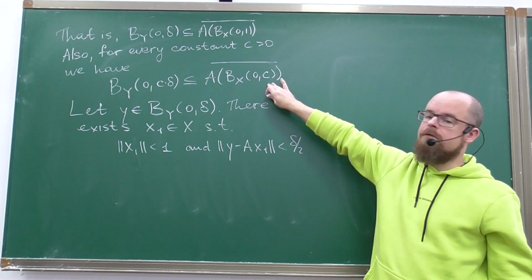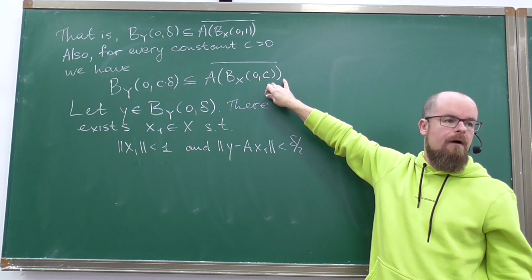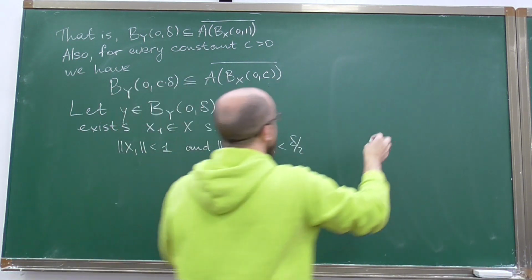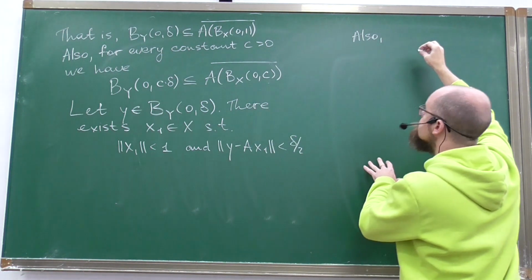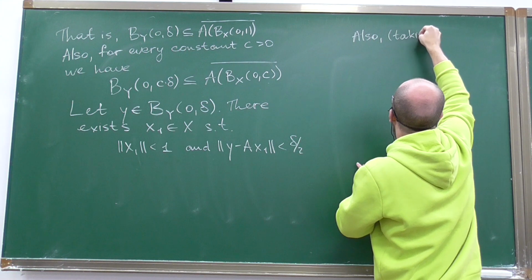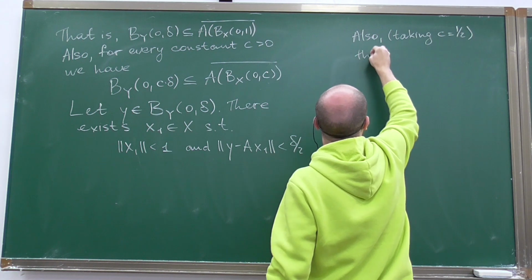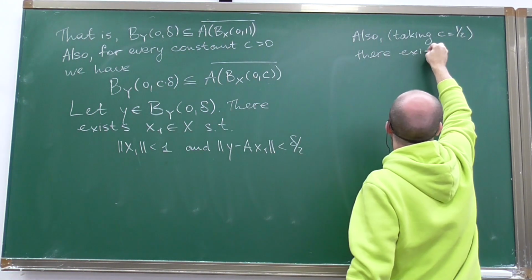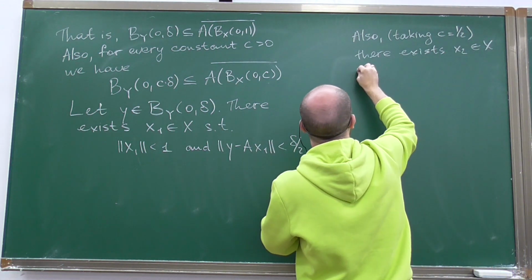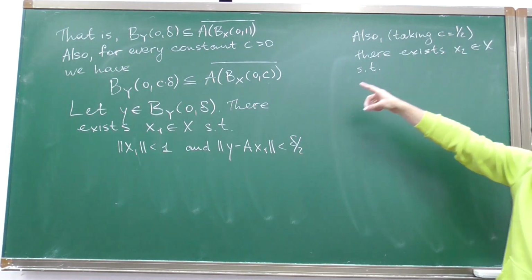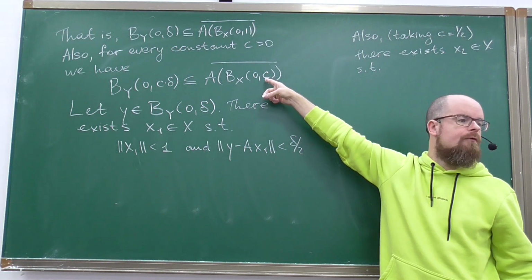Further, using this inclusion with constant being 1/2, we can find x2 from X such that x2 belongs to the ball of radius 1/2,